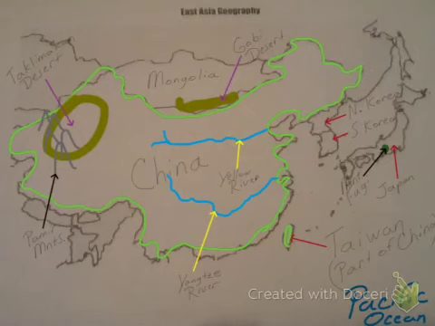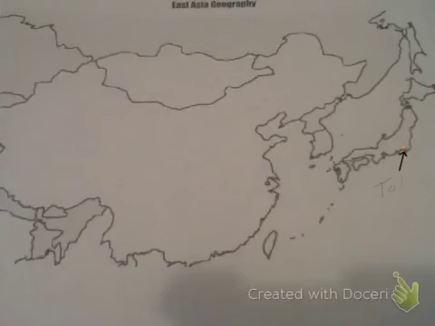I'm going to come up to a new one here. Yours is going to stay the same. You're just going to slide yours inside of a transparency and have something blank to write on. You'll write on that with a Sharpie. So here we go. Mine's going to be blank, and here is my first thing I'm going to write on there. These are going to be cities. First one I put right there should be next to Mount Fuji. That is Tokyo. Tokyo is the capital of Japan.